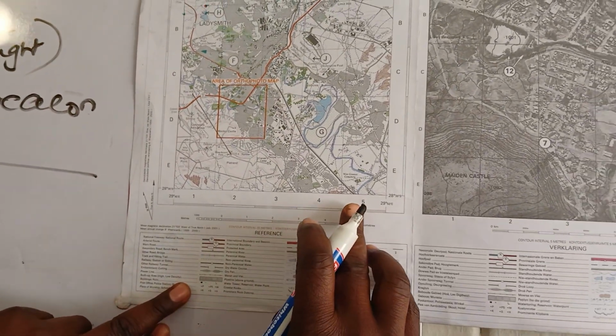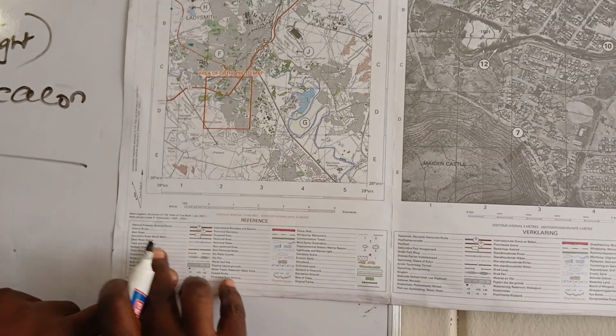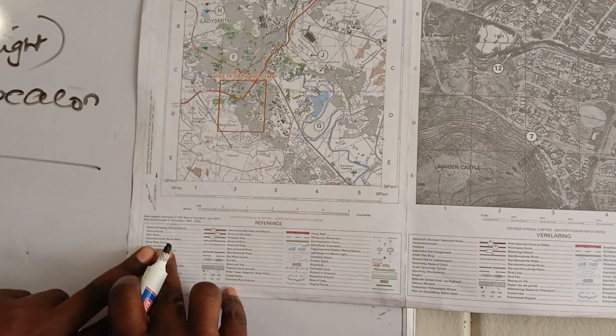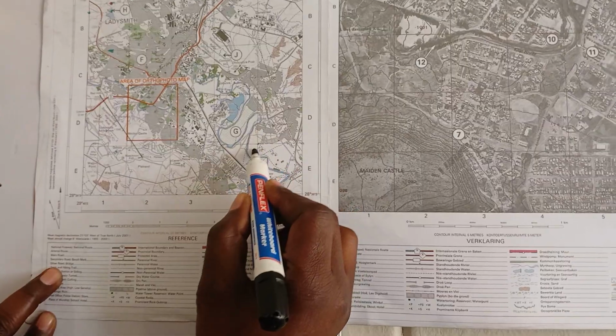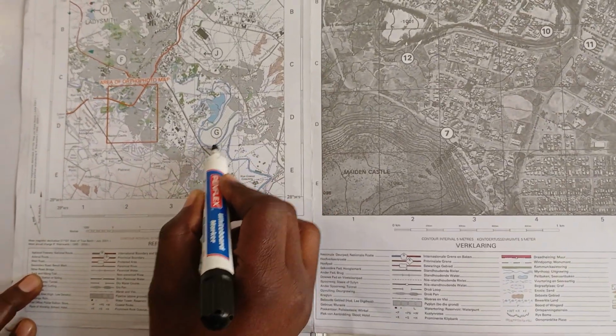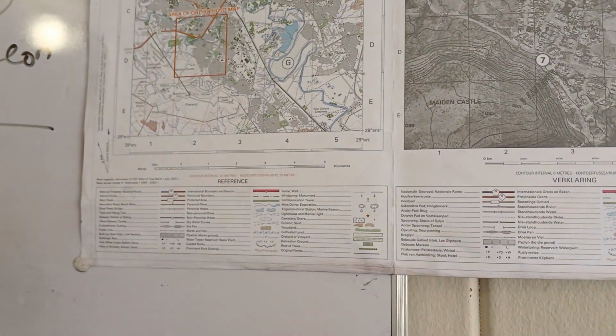We also have hiking trail. Hiking trail, where is the symbol? Trek or hiking trail. You can see this one with the dotted line. You can see this one, which is more like in brown. You can see the gray, not brown. Okay, that is your hiking or trek